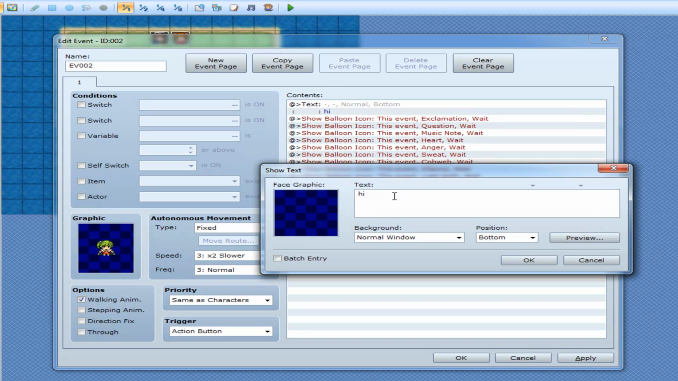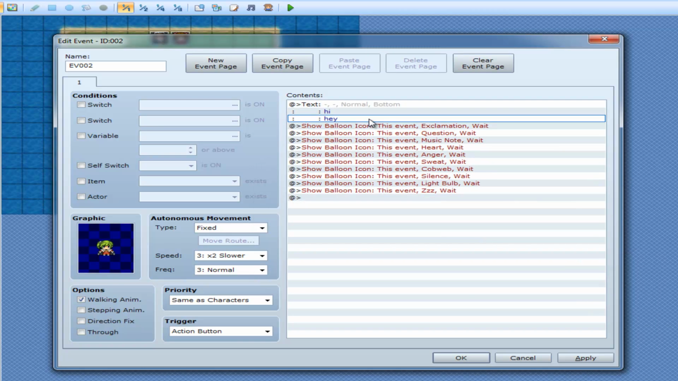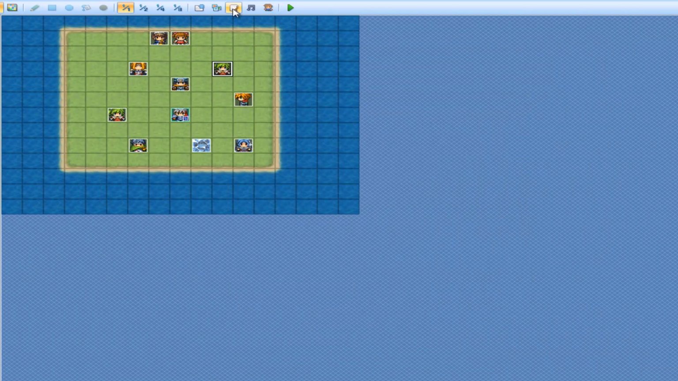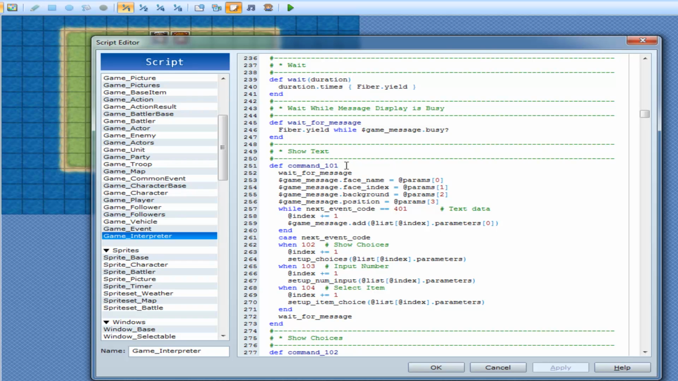Sorry. The line here is counted as the exact same event, because this event code is 401, and this one is also 401, so they count as the exact same command. In the actual code itself, once it's hit command 101, which is show text, it does all this parameter stuff we've already established. And then while the next event code is 401, meaning text data,